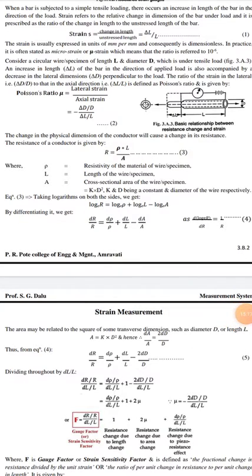Okay, so equation 4 implies d rho by rho divided by dl by l, okay, means the right side of equation 5, plus 1 plus 2 times mu, minus 2 small d by d divided by dl by l.